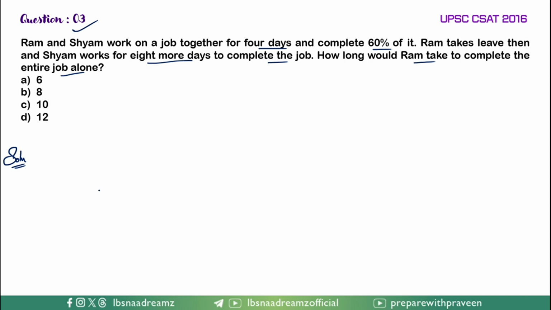So according to the formula, Ram plus Shyam,